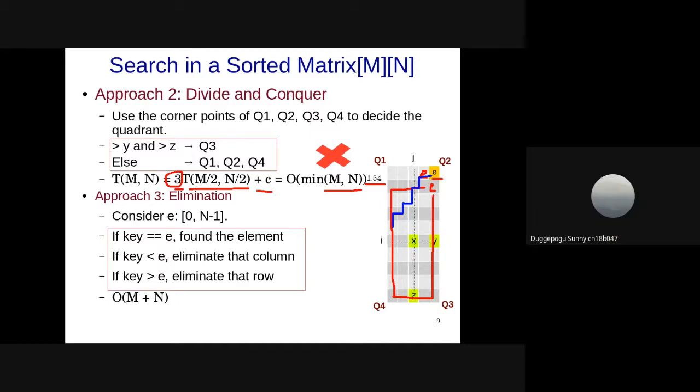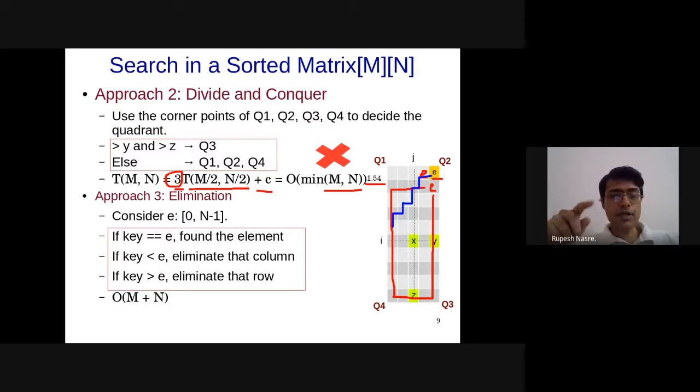That will be required if we are representing this as a linked list. But this is an array or a matrix. Any element of the matrix you will be able to access in order 1 time. Even if I want X, as long as I know i and j, I'll be able to access it in order 1 time. Okay.